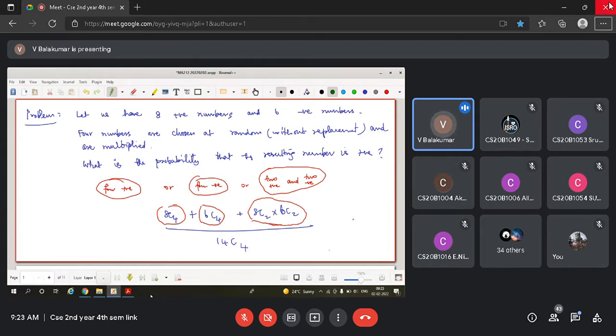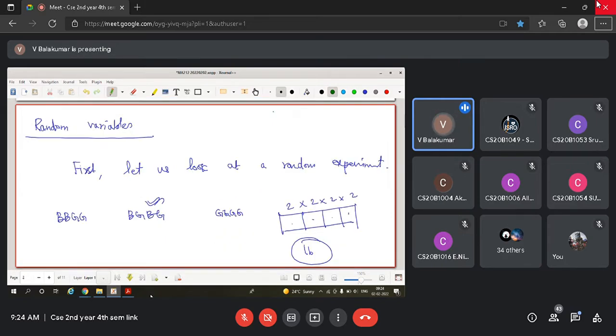This was the slide from yesterday. This is what we discussed already. So we found probability for this situation. We decided the desirable event. We found probability. Then we introduced the random variables. The random variables are quantities that depend on chance.